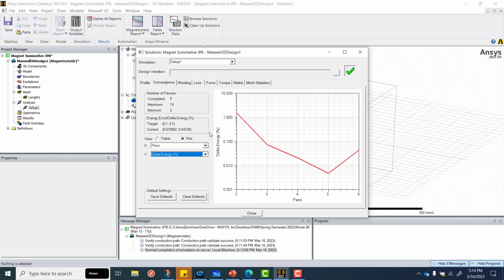I'm not explaining that in a lot of detail right here, but it's important to know that whenever you run a simulation, you should get a plot that shows that as it goes through these adaptive passes, you ultimately get a reduced error. And what you want to end on is the number that is below the criteria that you set. We set a criteria of 0.1%. The last two passes were below 0.1%,